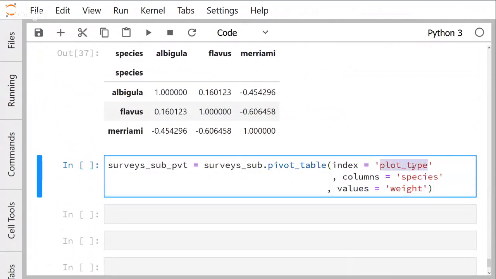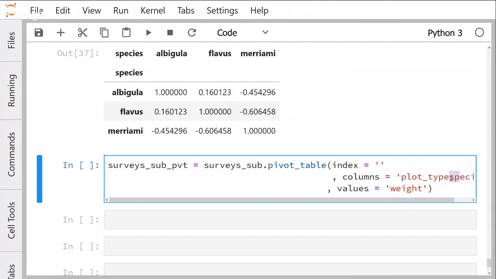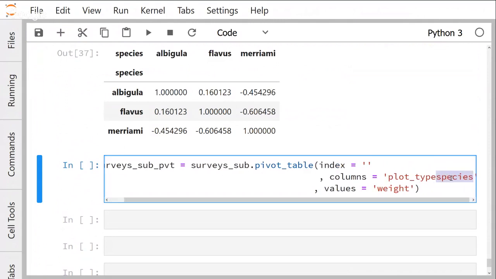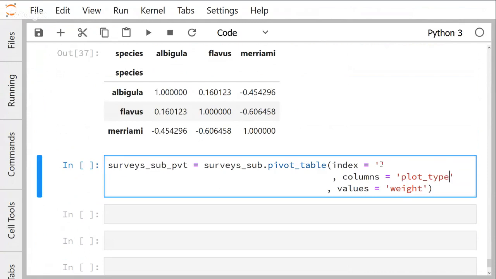So if you wanted to transpose it, if you wanted the species to be on the rows, you only needed to change the plot type and species. So you want the species to be the index, and you get the species as the index. It's just changing the